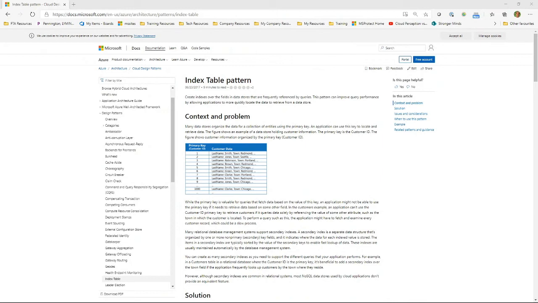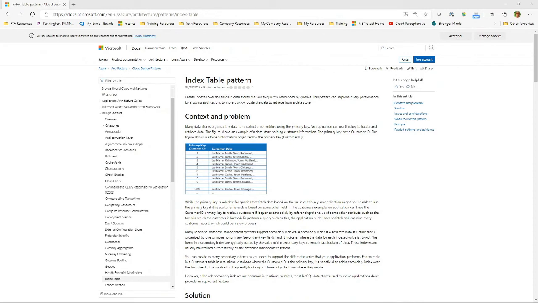So one of the options is to duplicate the data, which isn't something that we would necessarily do with sharding. We're not duplicating the data with sharding. We are physically separating it. So there's a slight difference. You can combine the two together. You could physically separate your data into different shards and then have a secondary index or index tables applied over the top of that to further improve the performance once you're in the shard.